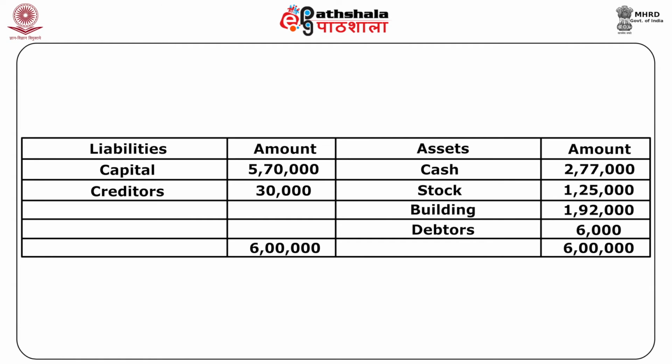Now let's come to balance sheet, where on liability side we have capital of rupees 5,70,000 and on the creditors we have 30,000 amount, which will total and sum up to rupees 6 lakh. On asset side we have cash of rupees 2,77,000, stock of 1,25,000, building 1,92,000, debtors of 6,000, which will give